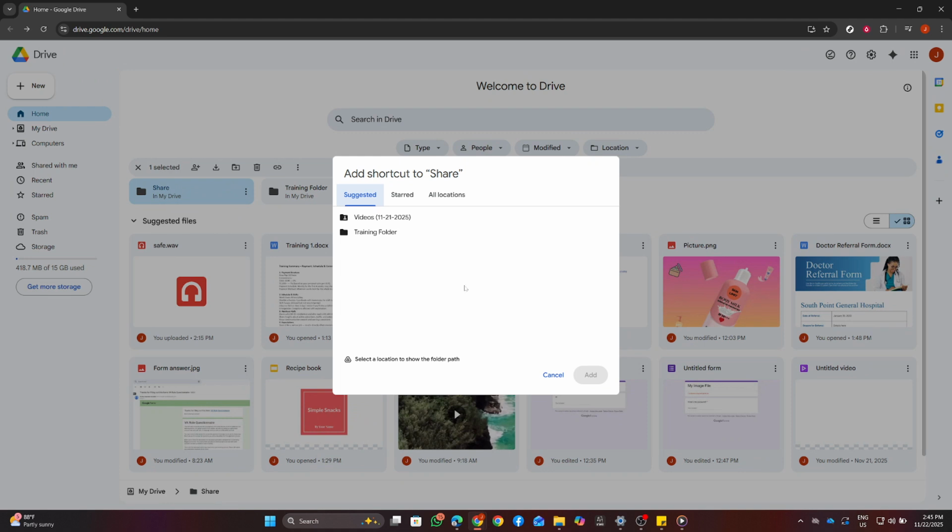Move changes the folder's actual location, while a shortcut simply creates a pointer to it, keeping the original exactly where it is. When you click Add Shortcut, a location window appears. This is the place where you decide where your shortcut should live. Choose My Drive if you want the shortcut in your main drive area, or pick another spot that makes sense